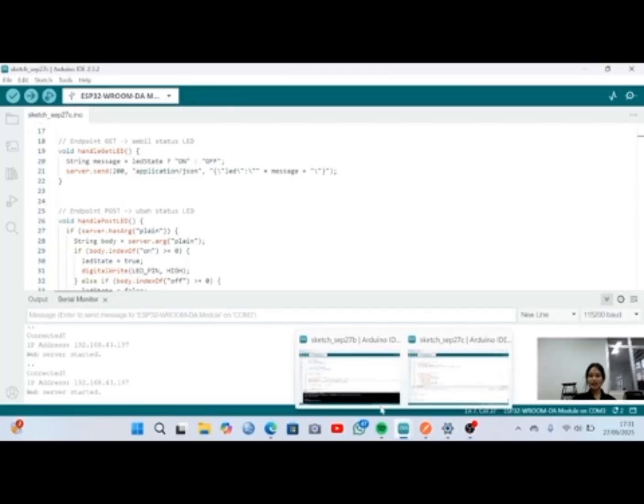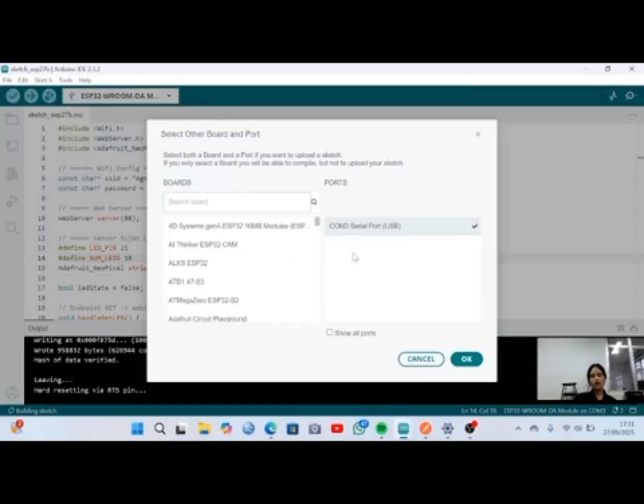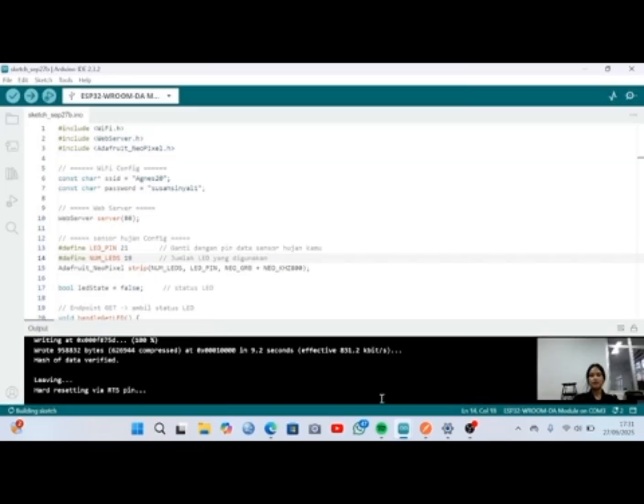Inside the setup function, the ESP32 first initializes serial communication at 115200 baud so that we can see debugging messages in the serial monitor. The LED strip is also initialized and cleared so that all LEDs start in the off state.